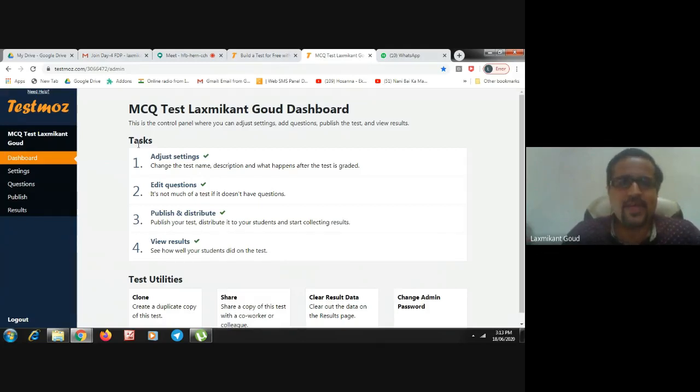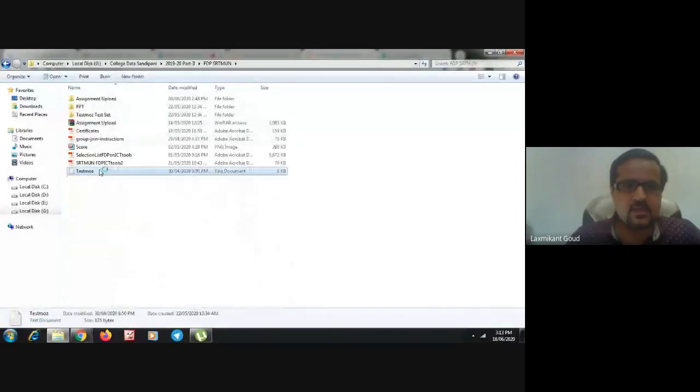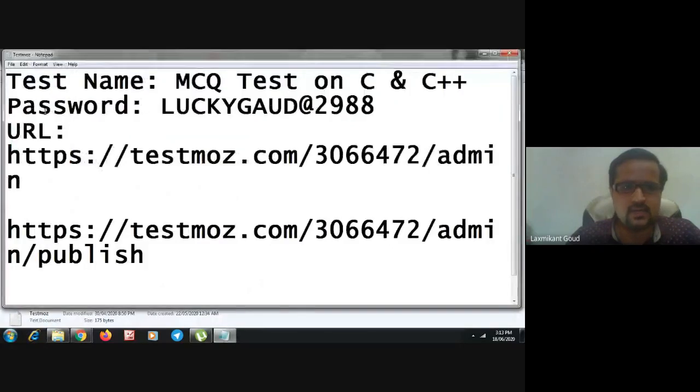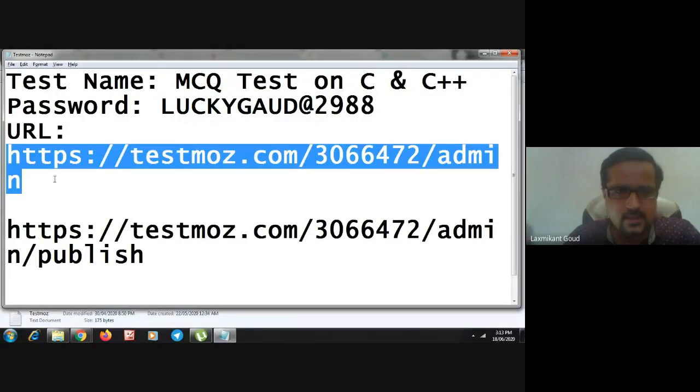This is the home page. You have to note down your password somewhere in a notepad file. Then the URL. Now what is this URL?